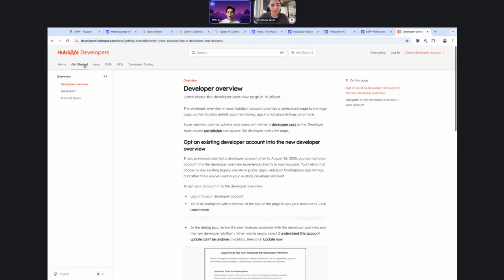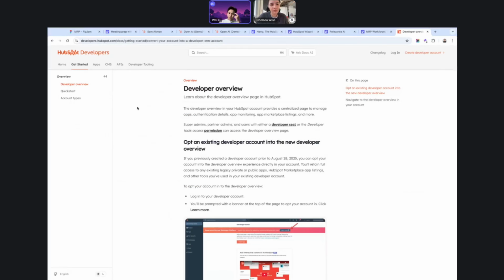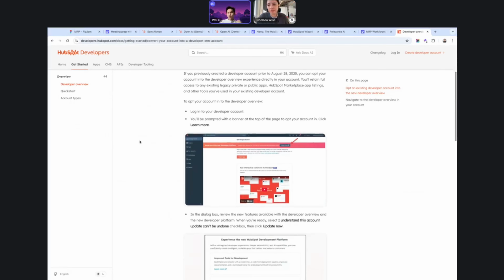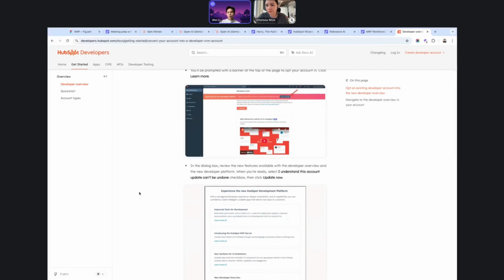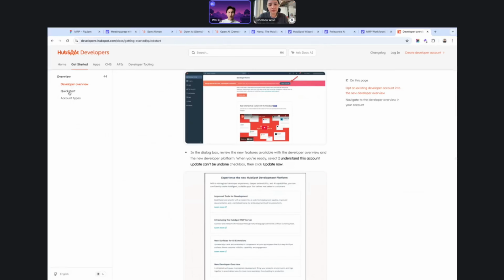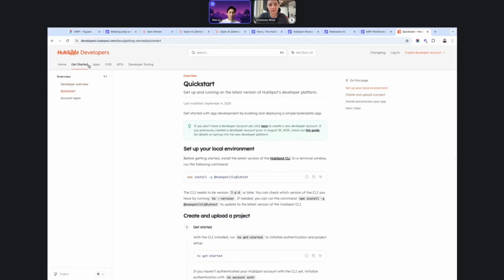HubSpot also actually prepares a bunch of quick start guides. And these quick start guides kind of give you an example use case of when you'd want to use this information and how you chain a bunch of API calls together to perform the work that you want. And you can see here, they have a ton of those all around.